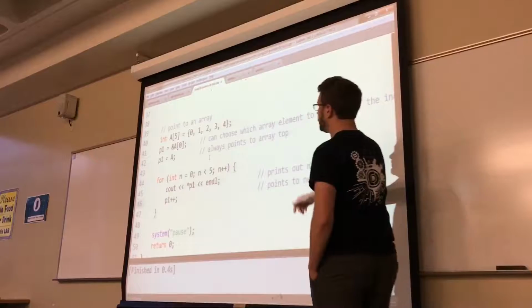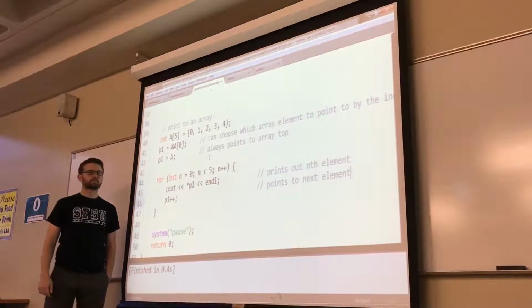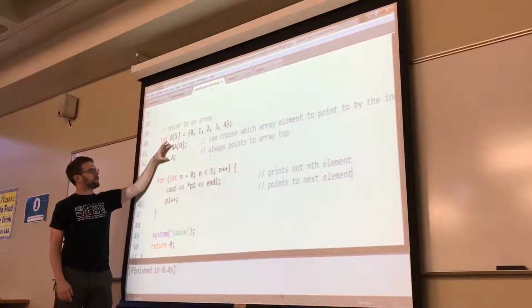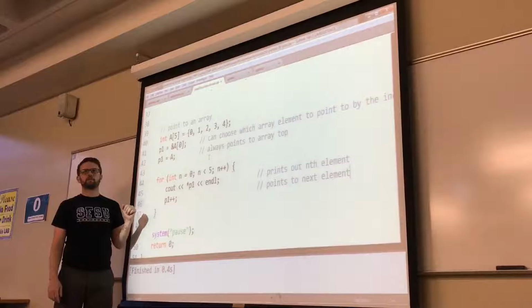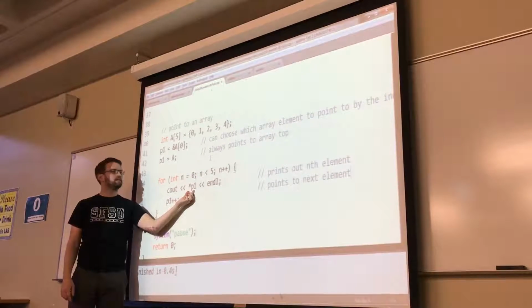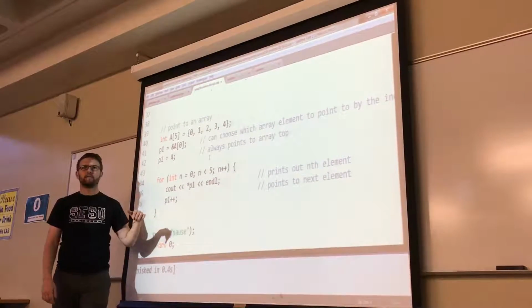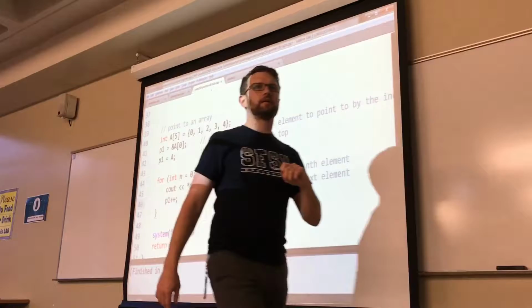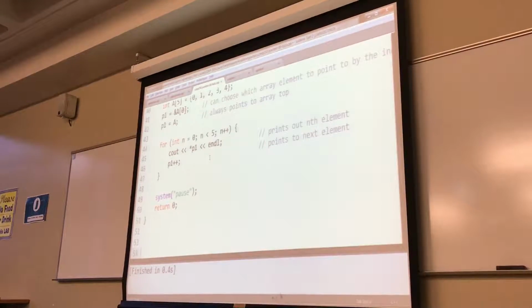So this is a for loop that runs for the length of the array, and instead of using the array identifiers to print these out, we have a pointer that points to it, and so we're going to print out the dereferenced value and then increment the pointer to point to the next array space. Yes? Won't it point to the next space in memory and not the next space in the array? It points to the next space in memory, and that may be